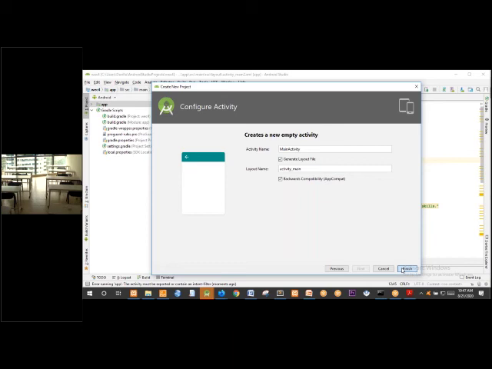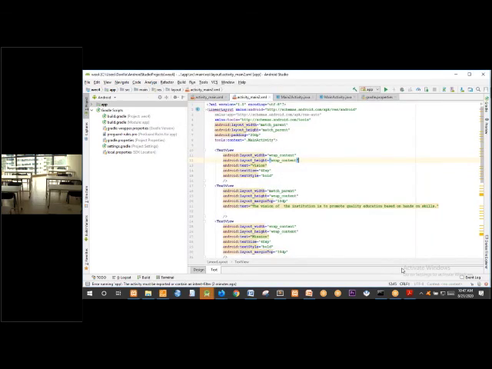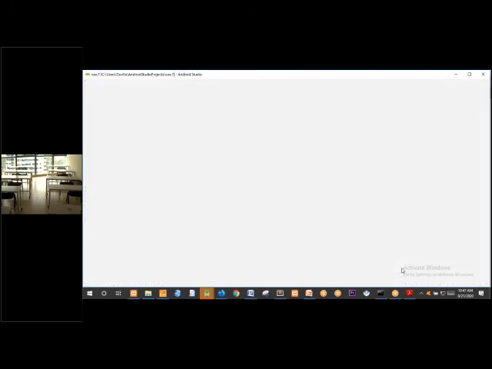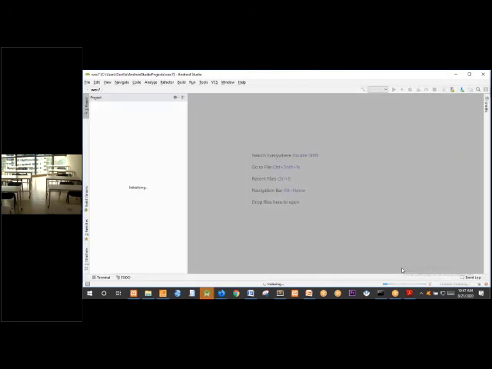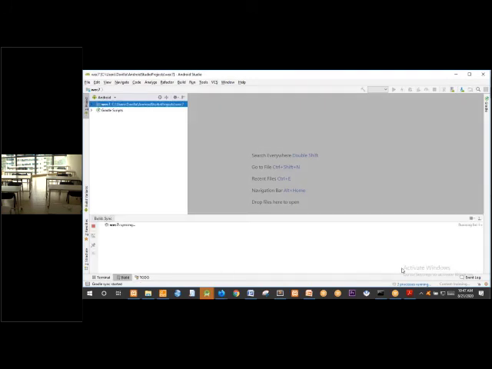So I told you that you can write code and run this code either by using your smartphone, or you can use the AVD, Android Virtual Device. So let us see if our AVD